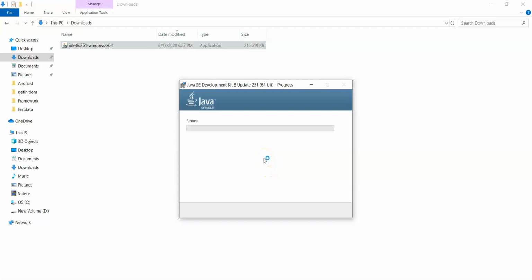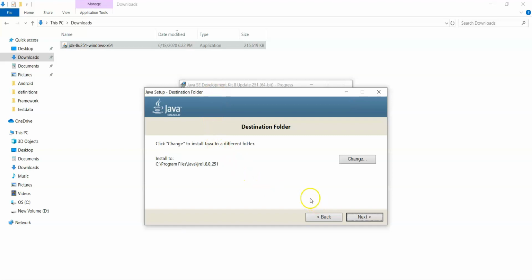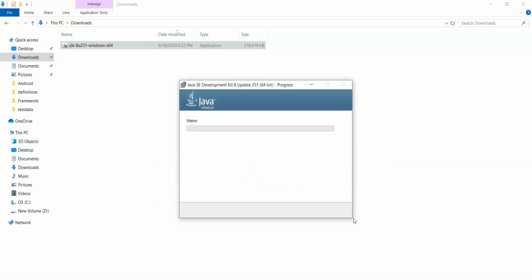It will take few seconds to install the Java. Now click next button.